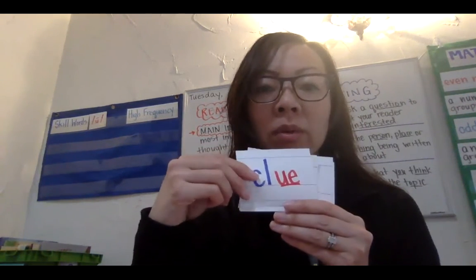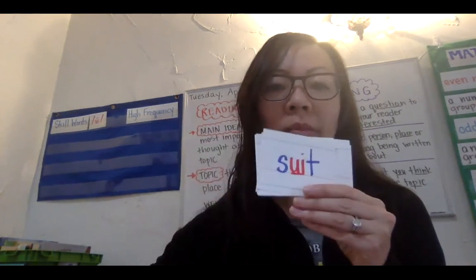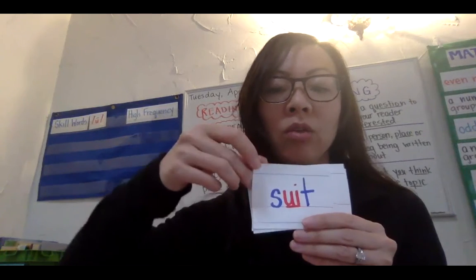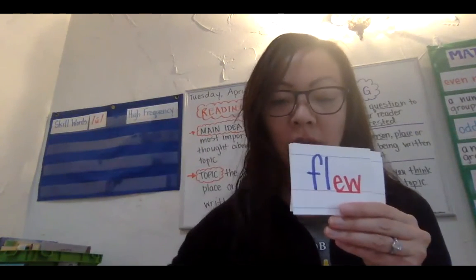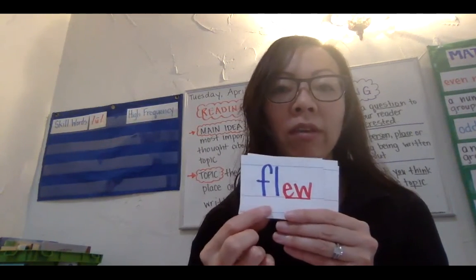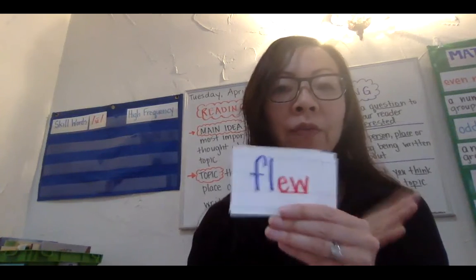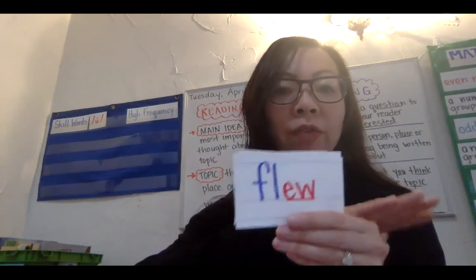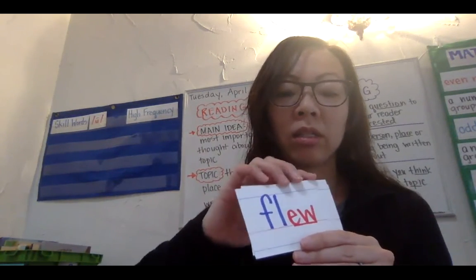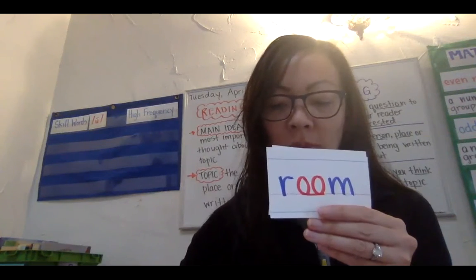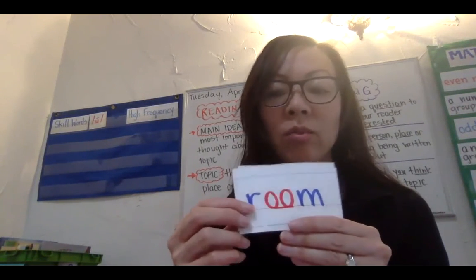Notice in clue, it's spelled with a U-E, but in suit, we spell it with a U-I. We could also spell it with an E-W, like in flu. Chop it out with me. Ready, go. F-l-oo, flu. Let's go into our double O's, which we've been practicing last week and this week.